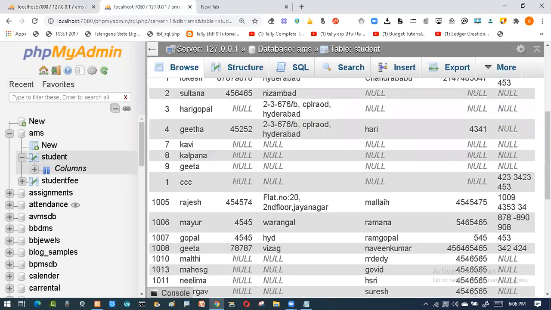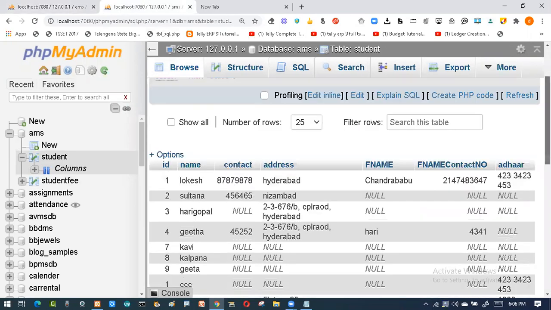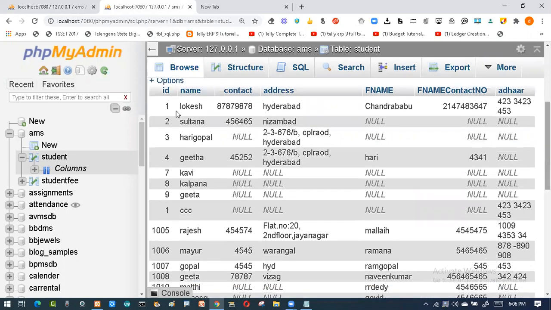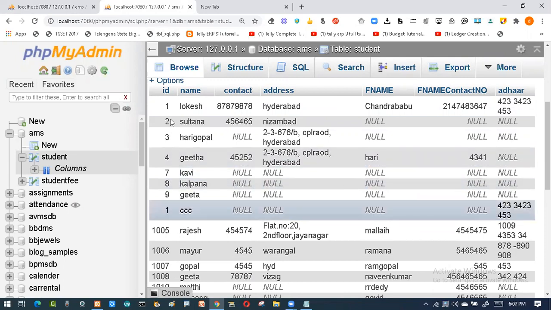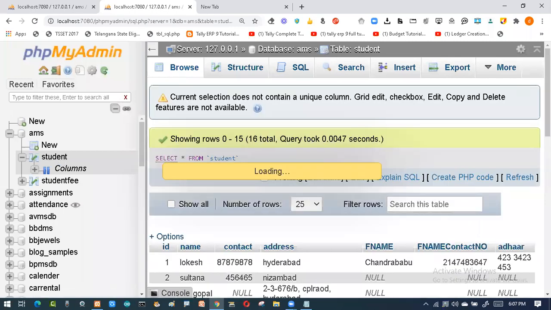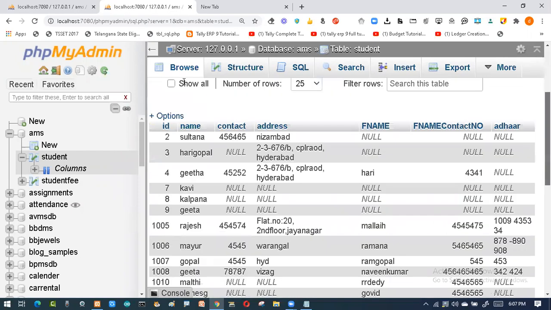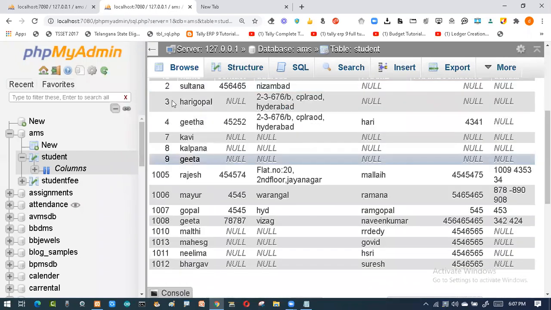We'll see. Before refreshing, I'll show the previous one. Now if you see here, this is my table. If you see carefully, there is record number 1, location is there. Record number 1, CC is there. So it is matching this one. So ID is matching with this. So it has been duplicated or whatever has happened. Now I want to delete this one. So if I refresh, both the things will go. So I'll refresh on the student table. Now you can check it. So there is no record number 1. See, record number 1 is gone.